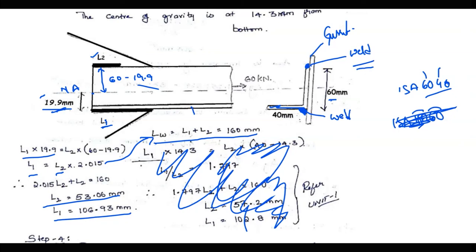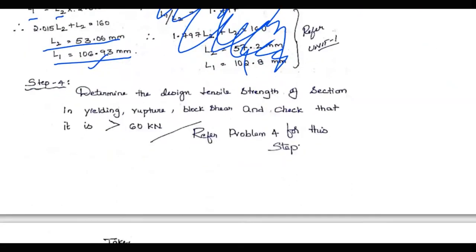It is very simple. In some textbooks, this length can also be calculated by dividing the 60 kilonewton. See, 60 kilonewton is being shared by the area above this neutral axis and the area below the neutral axis, right? So find out the proportion in which they share this 60 kilonewton, and you can find the weld from that also. But this would be easier because we followed this in our unit 1, so there will be less confusion.